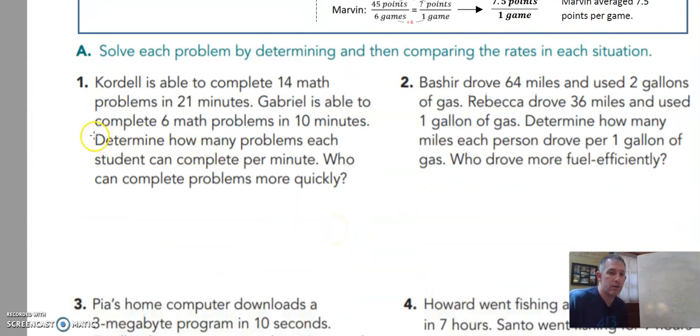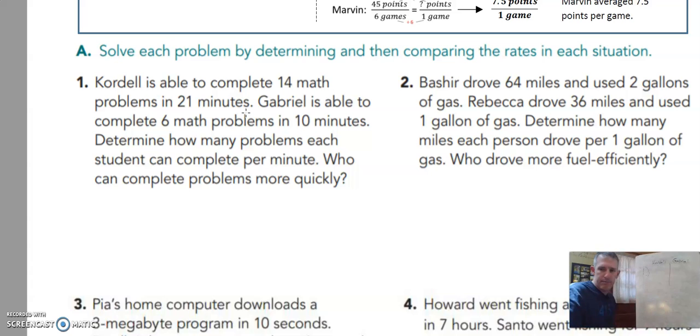Number 1, Cordell is able to complete 14 math problems in 21 minutes. Gabriel is able to complete 6 math problems in 10 minutes. Determine how many problems each student can complete per 1 minute. Okay? And who can complete problems more quickly? So there's 2 questions we need to answer here. First off is how many they can complete per minute. So let's do this. Let's divide our area into 2 things. We're going to put Cordell on this side. Okay? And then Gabriel